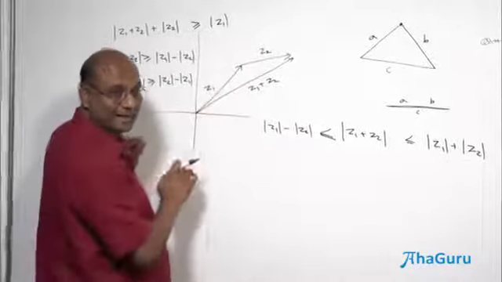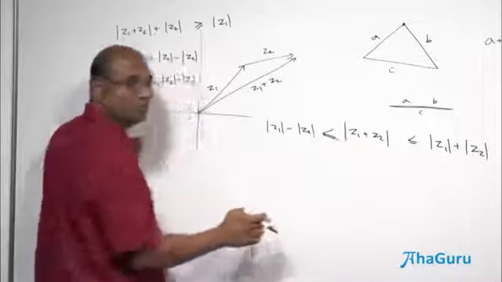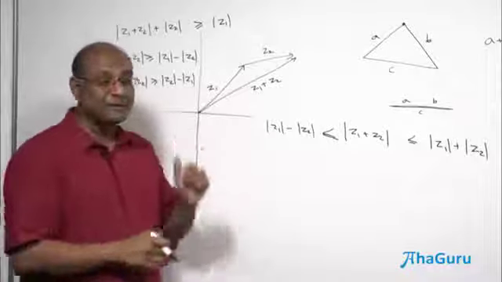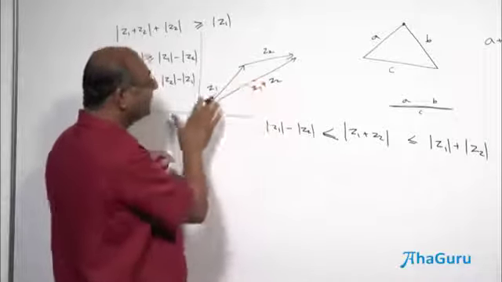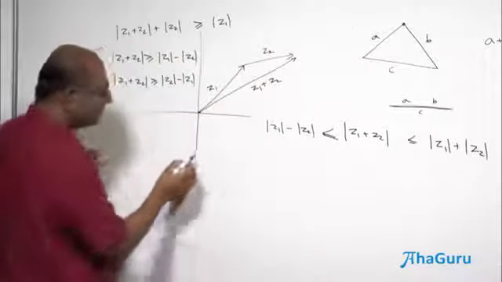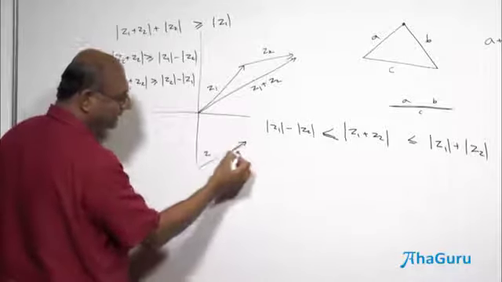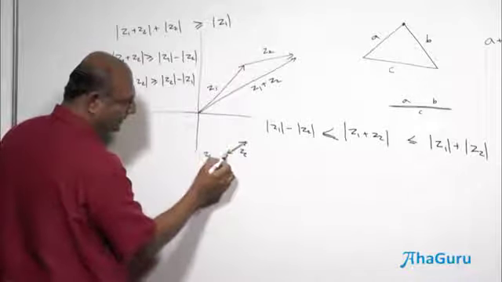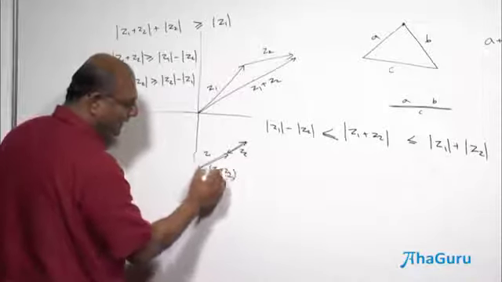Again, when it has to be a straight line. Okay. But then Z1 plus Z2 is equal to the difference of the two. So it cannot be that this point was lying here. Z1 minus Z2 must be Z1 plus Z2. So you will end up with Z1 looking like that, Z2 looking like this, and Z1 plus Z2 will basically look like this.